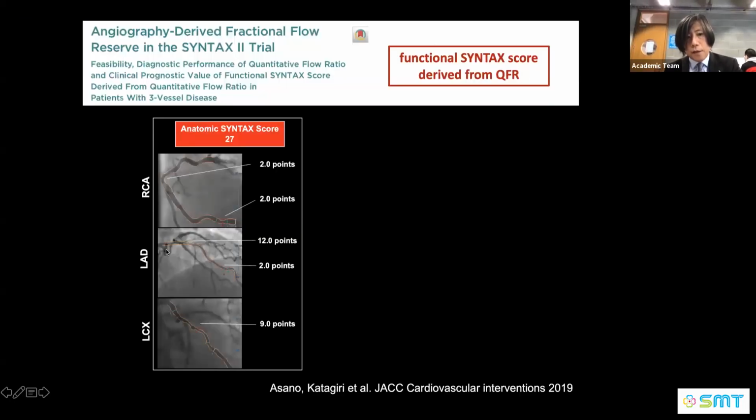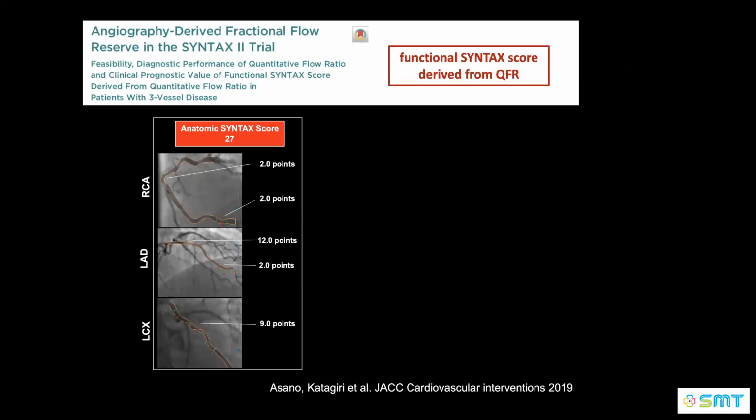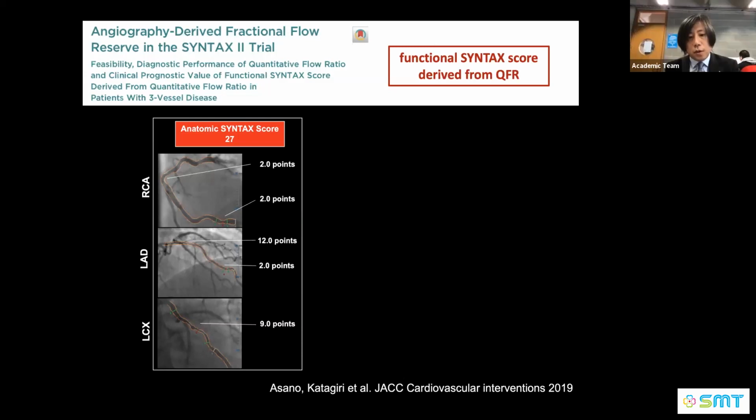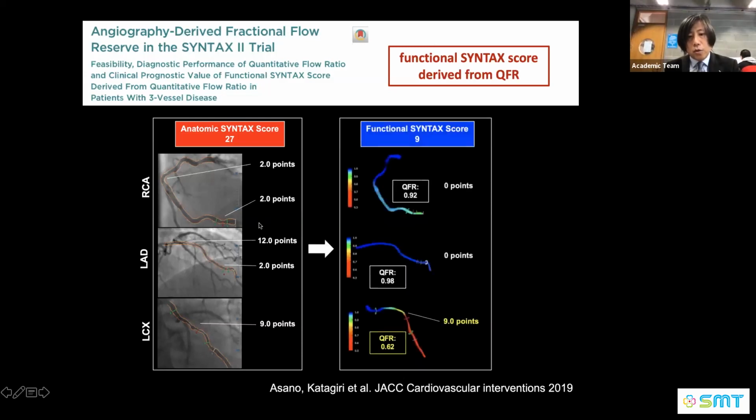So this is a sub-study of the SYNTAX II trial where we enrolled patients specifically with 3-vessel disease. And of course, in this trial, as a part of the selection of the patient, we calculated an anatomical SYNTAX score together with the SYNTAX II score. But we also looked into the functional SYNTAX score, which is a kind of addition to the anatomical SYNTAX score. You do the iFR or FFR or QFR to look into the significance of the lesions observed in the angiography, and in this case, we used QFR to calculate the functional SYNTAX score.